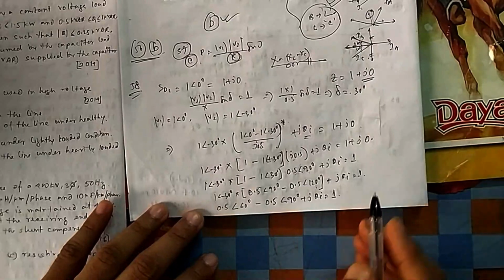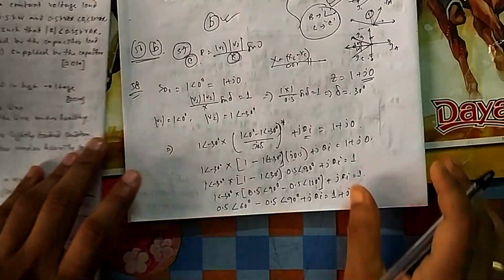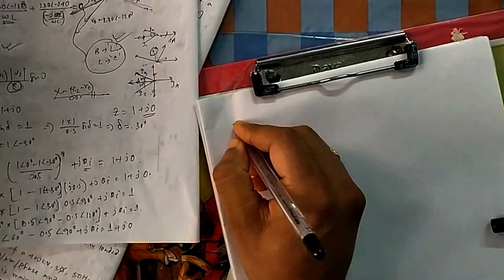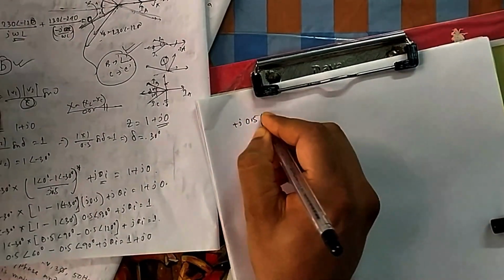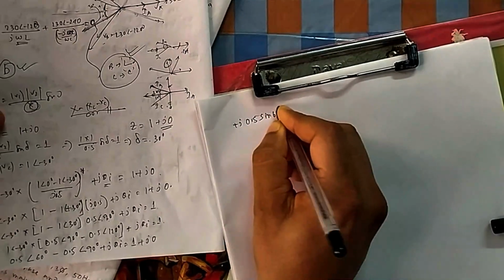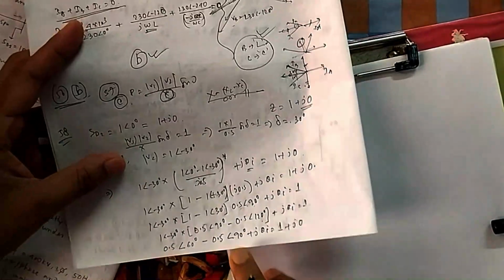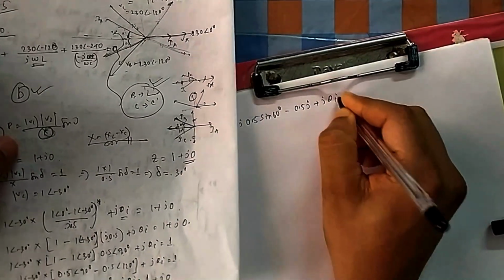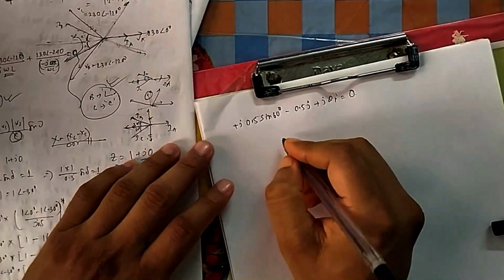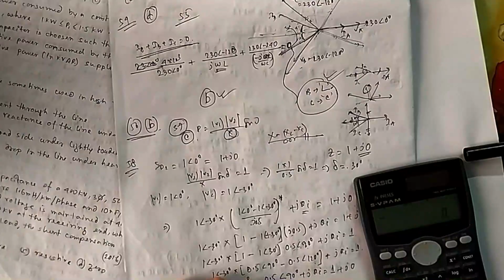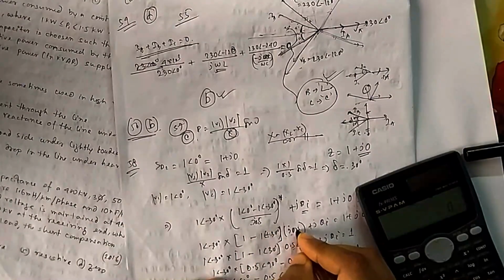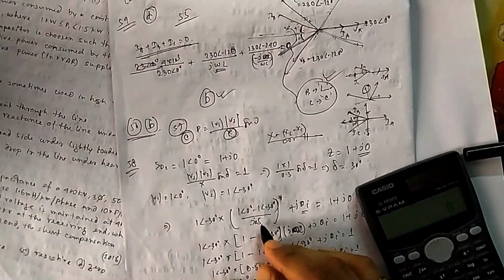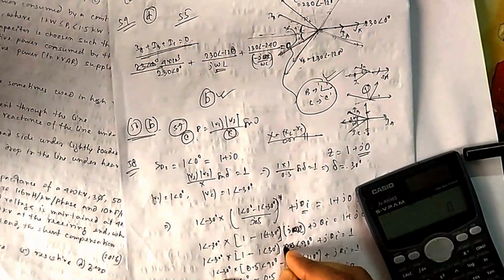Now you write only the imaginary part, because this side imaginary part is 0. It will be 0.5 cos 60 plus j0.5 sin 60. So I am writing that j part, j0.5 sin 60, only the imaginary parts I am writing, minus 0.5j, because 90 means 0.5j, and then jQi is equal to 0. So that is your answer. So Qi will be equal to, sorry, if you take 0.5 upside, it will be 2. That's the mistake I made, the rest is same. So it will be 0.5, if you take upside it will be 2.